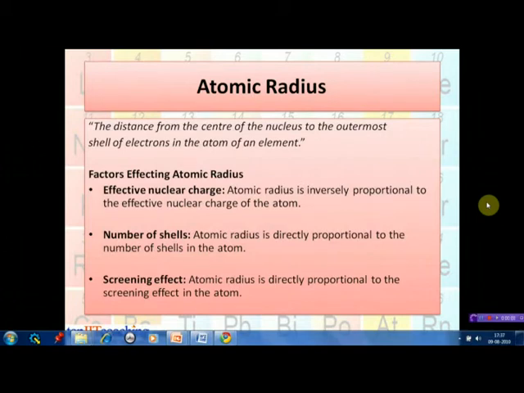Now let's discuss the various properties exhibited by the elements and the periodicity in them. So first of all, let's take up atomic radius. Atomic radius is the distance from the center of the